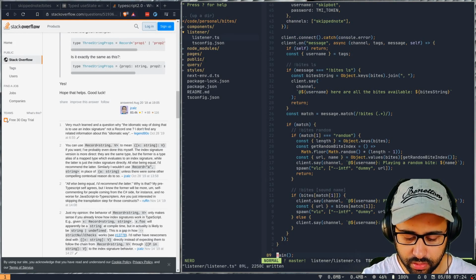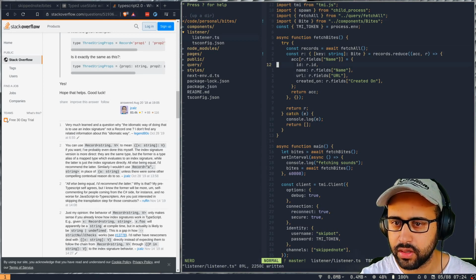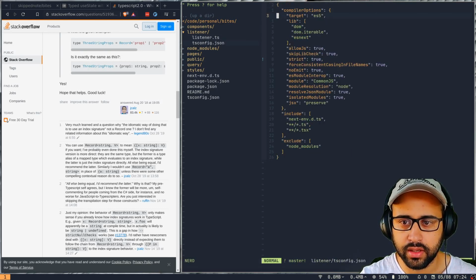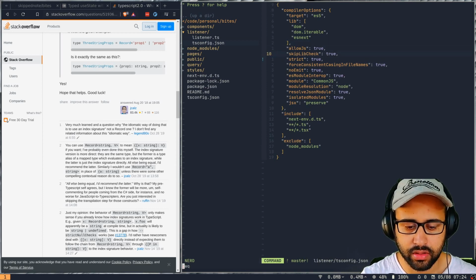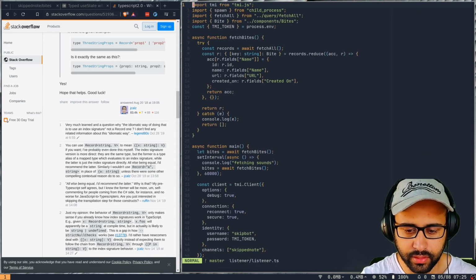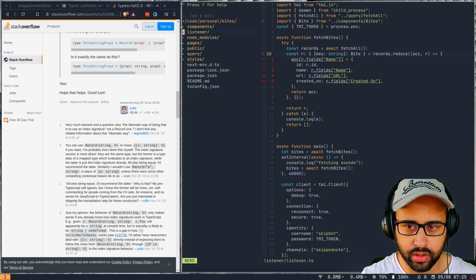Okay, so this doesn't seem to have any issues, which is weird because we are doing the same thing here as well and it's not throwing errors. It could be that it's not picking this TypeScript file at all, although it is strict true. Let me start Vim again. Yeah, no, it's showing up now.